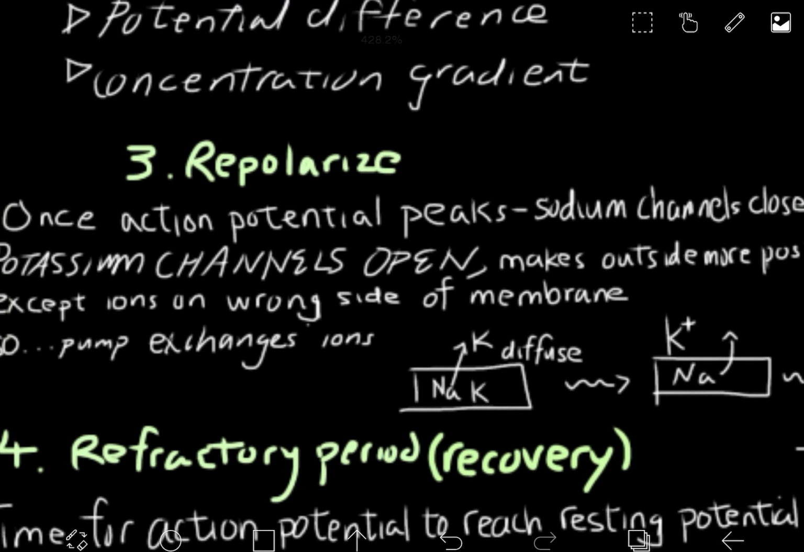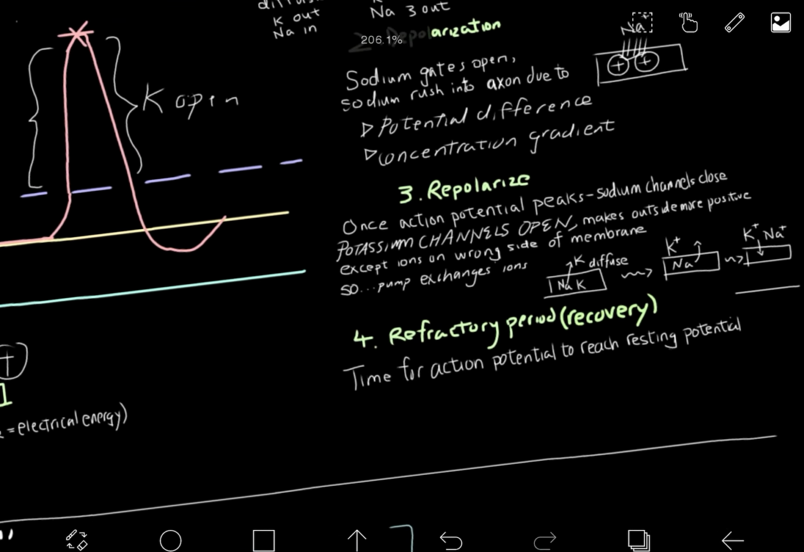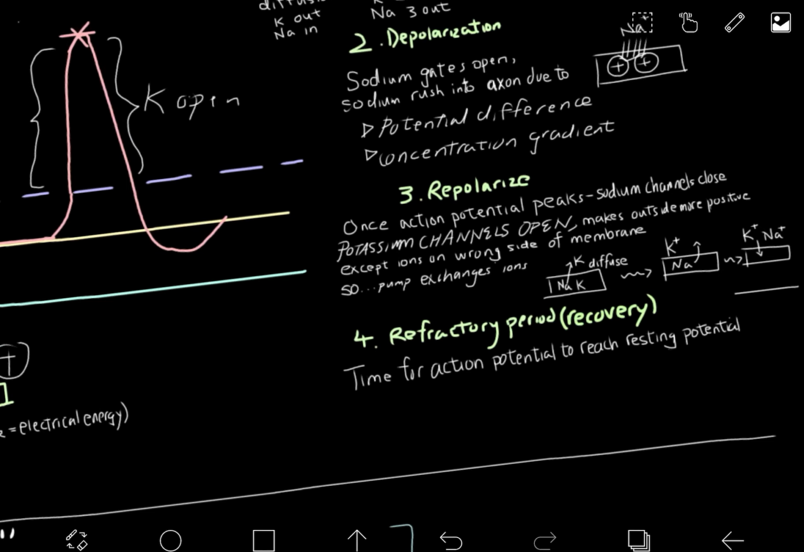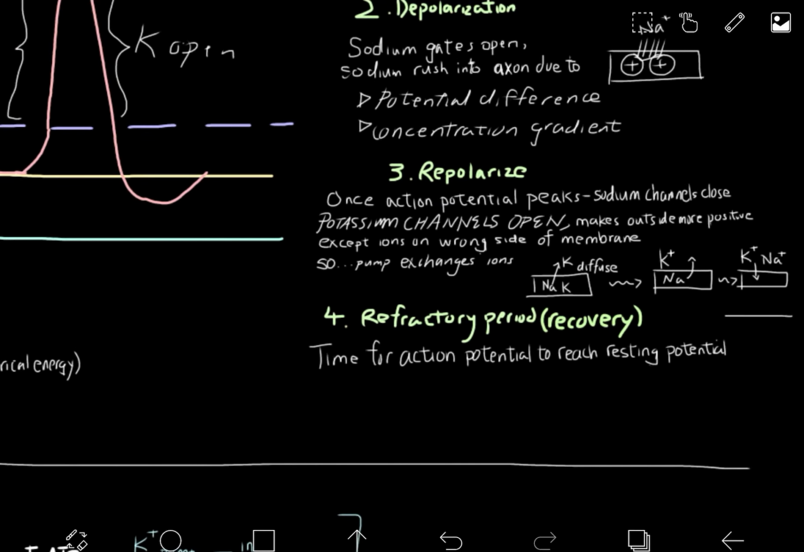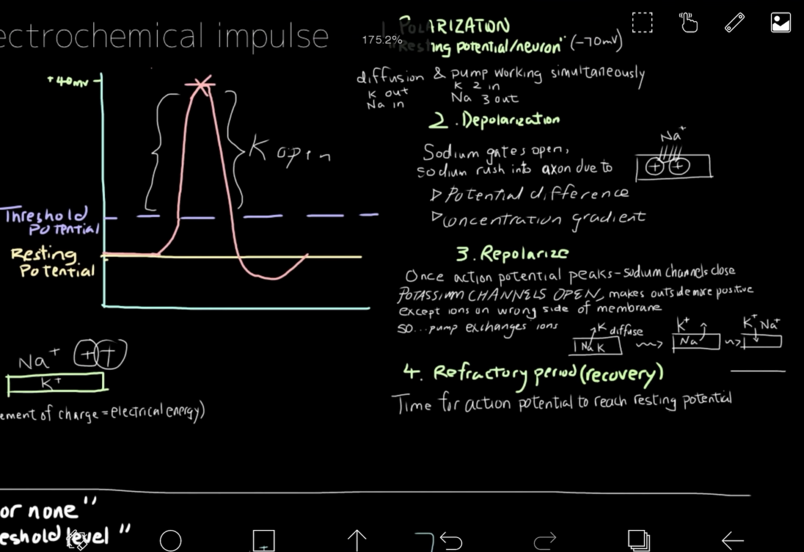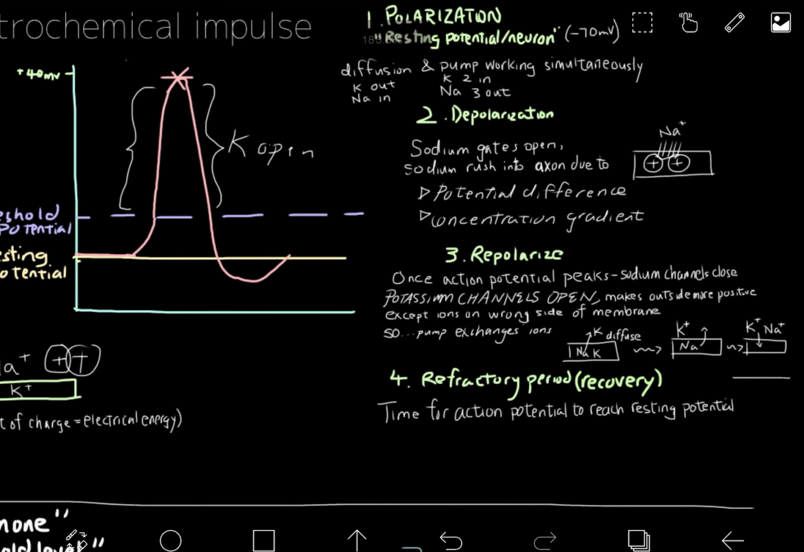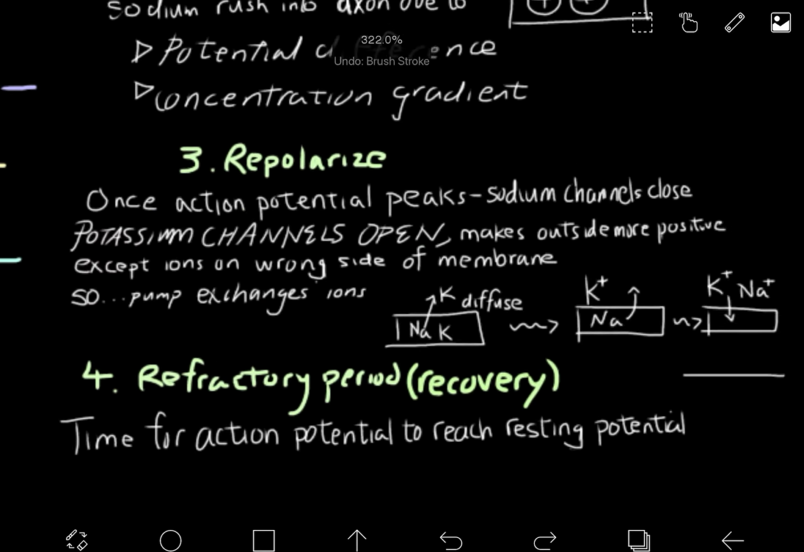It will make the outside more positive, except ions will be on the wrong sides of the membrane. I'll show you in a second. And then since the ions are on the wrong side of the membrane, the pump will exchange the ions. So, sodium channels close, and then when potassium channels open, this part will happen,